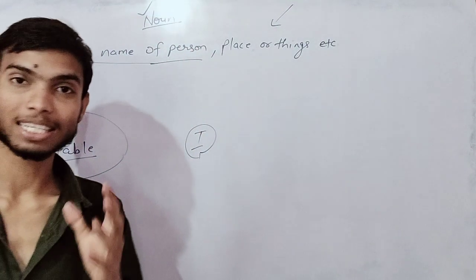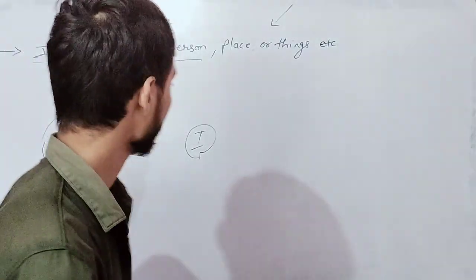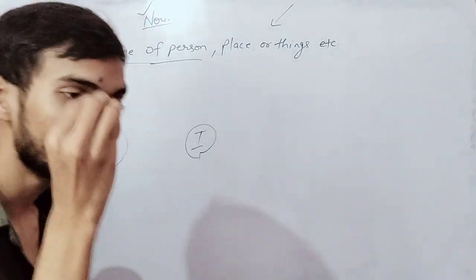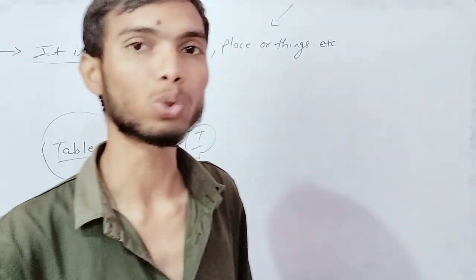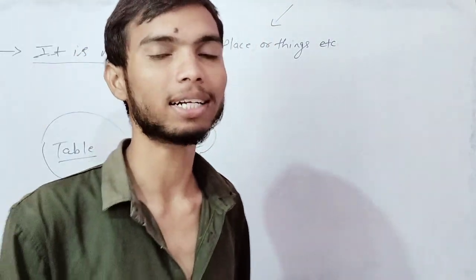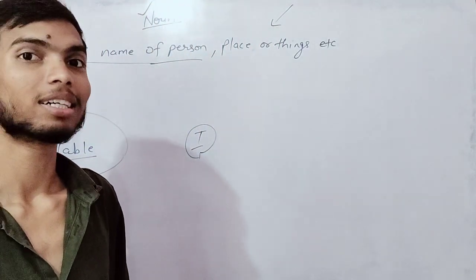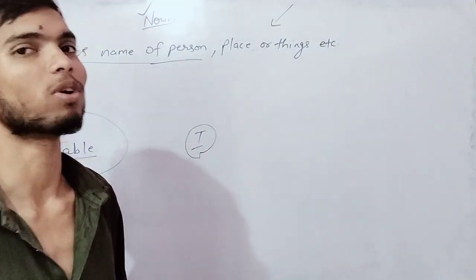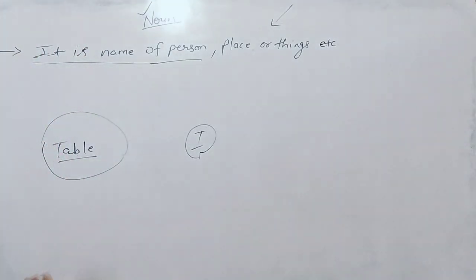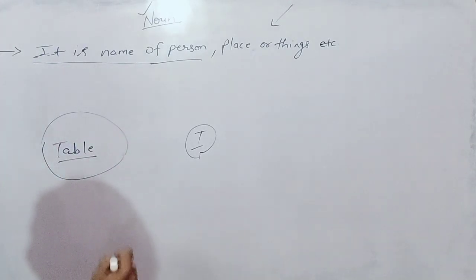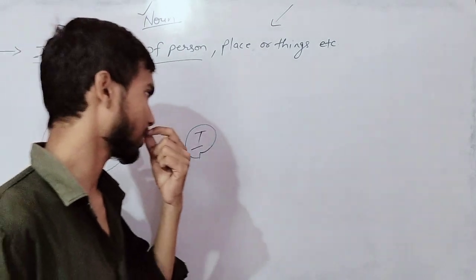Now, this is the question. We are identifying the name of each word that is used in a sentence. Are you understanding? We are understanding the names of words. So here we know that it is a word, but what is the name of this word? Yes, you are right. It is a noun. The name of this word is noun. Clear?